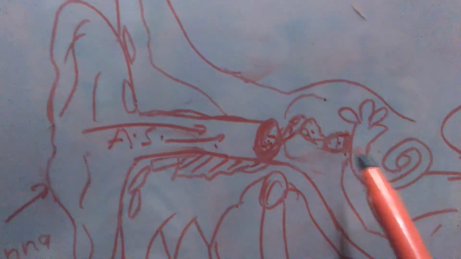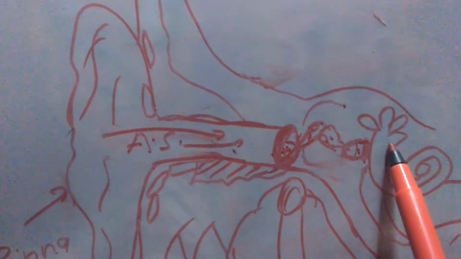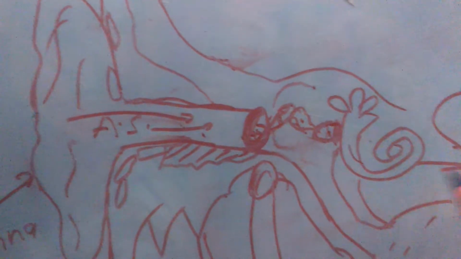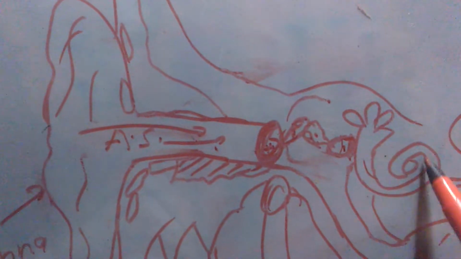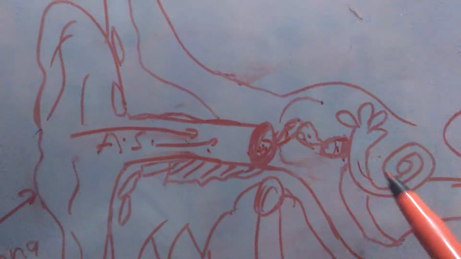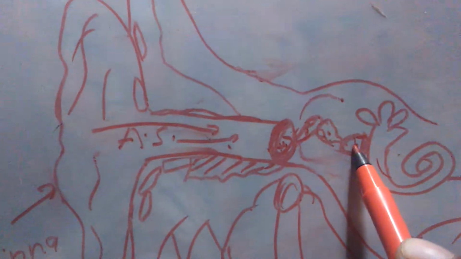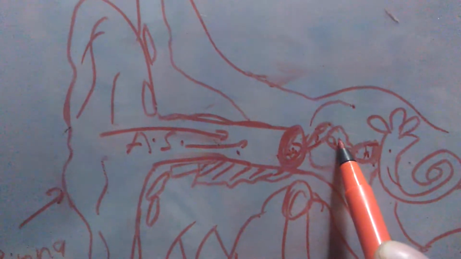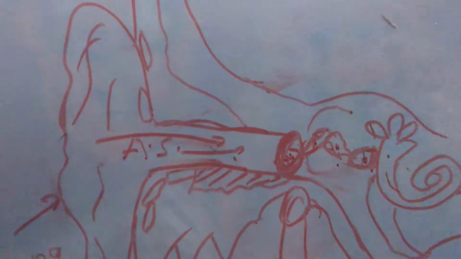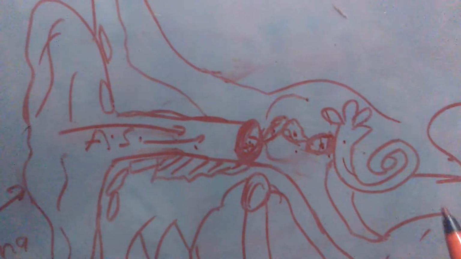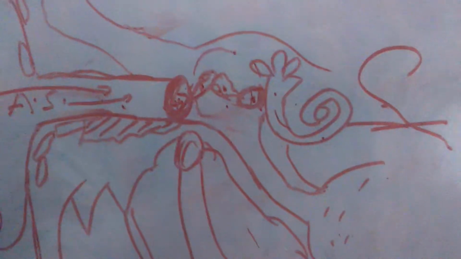So this is the stapes, and the stapes is connected to the cochlea. This is rounded, snail-like. It is known as the cochlea, and the stapes is connected to the cochlea, along with the malleus, incus, and stapes. So the middle ear has the ear bones, and after that the external ear starts.